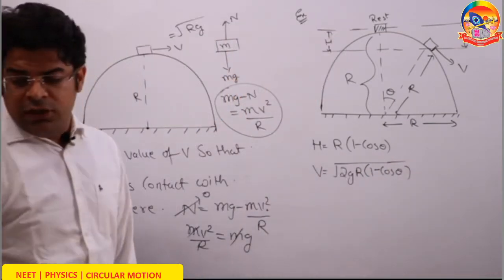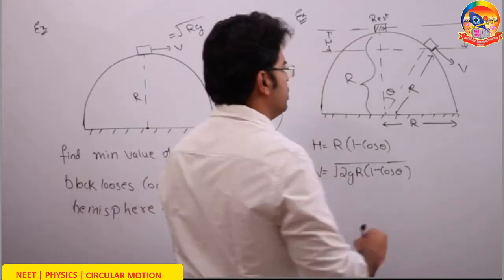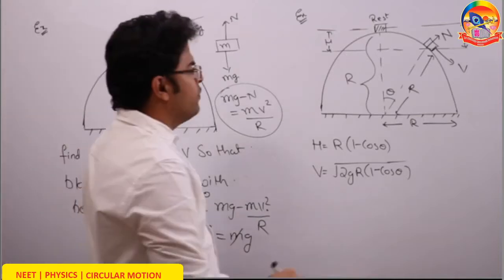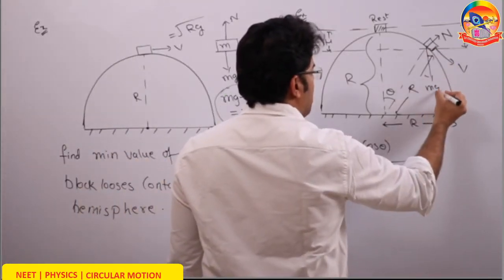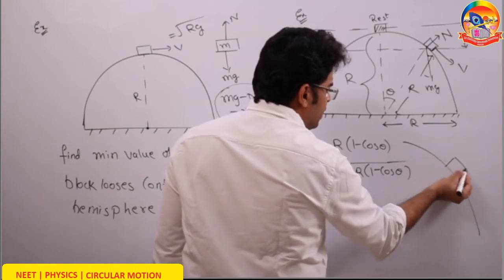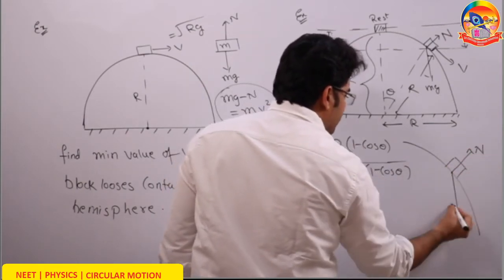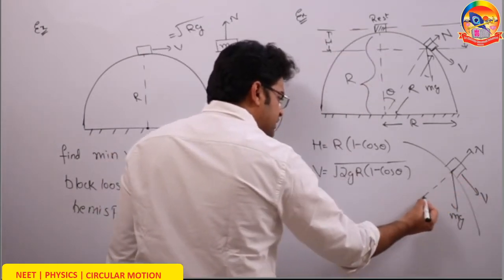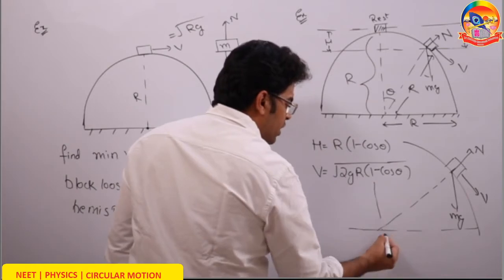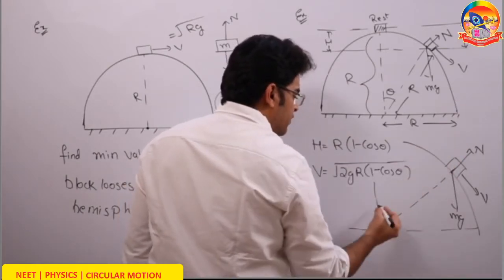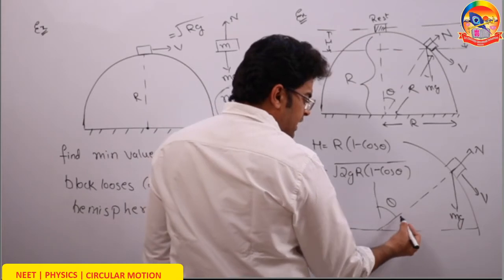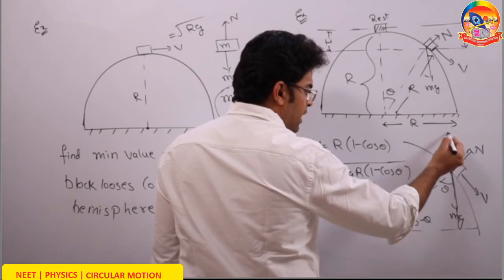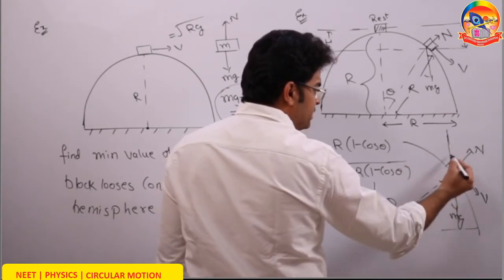If we look at the forces acting on the block at this position, there will be a force of normal, there will be a force of gravity downwards, and look here, this is the curved surface, there is a force of normal, there is a force of gravity, and the block has, let's say, speed v. The net force acting towards the center has to be equal to centripetal force. This angle made by this normal with the vertical is theta. So this angle has to be 90 minus theta. So this angle has to be theta, and this angle, if I extend this line, will also be theta.